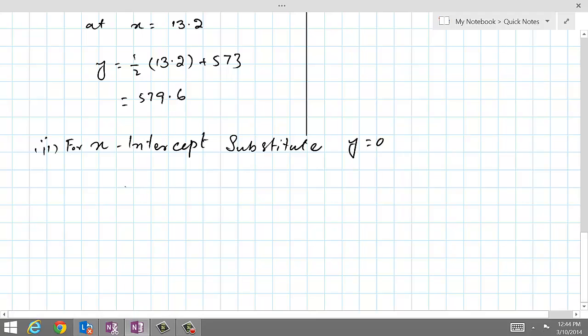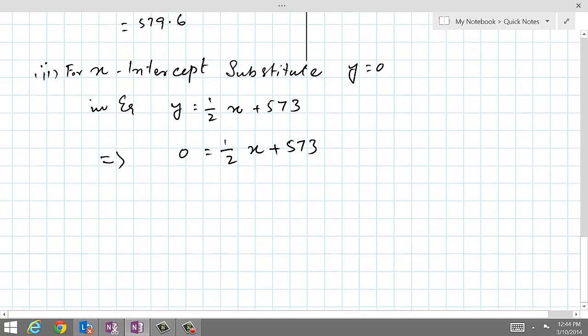So if we put y equal to 0 in the equation y is equal to 1 by 2 x plus 573, this will give us 0 is equal to 1 by 2 x plus 573,